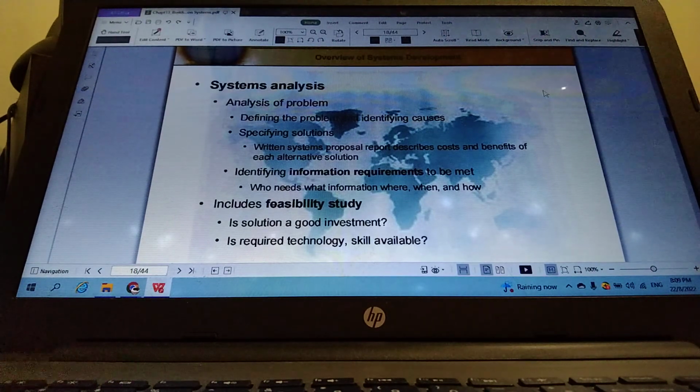We might know what the solution is, but definitely the solutions are not in the format that we are looking for. So we can forecast or look forward to some proposal as a solution, what you want your new system to do, or to be implemented to overcome those problems. So what we normally do, we will write a system proposal report, describing in detail the CBA, what we call cost